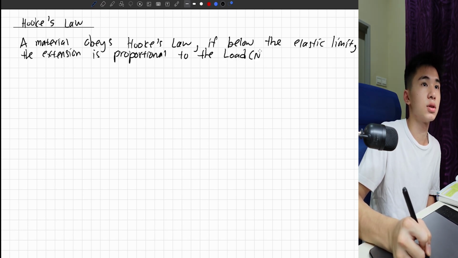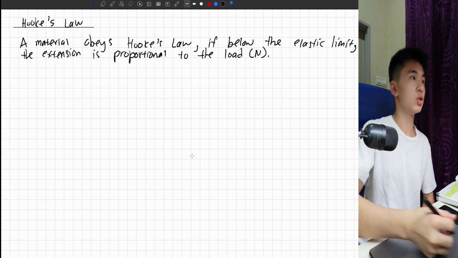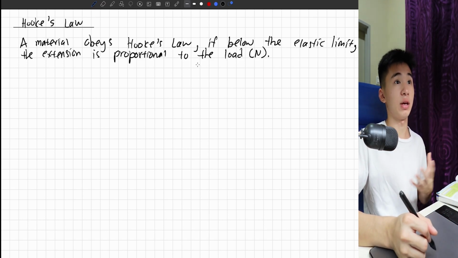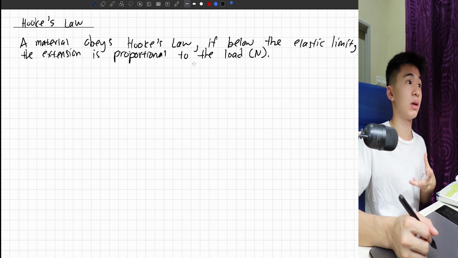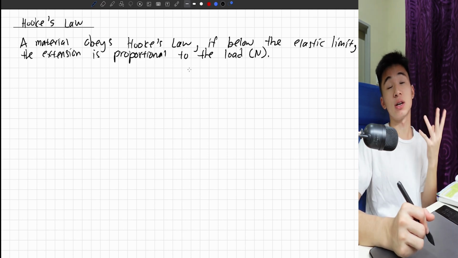Okay, load means force. So a material obeys Hooke's law if, below the elastic limit, the extension is proportional to the load,